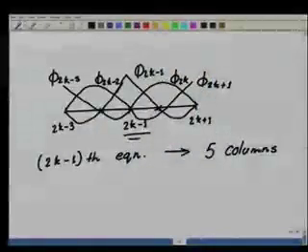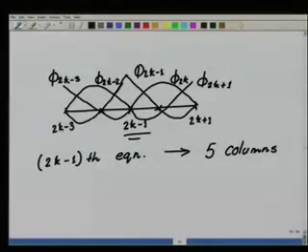For all other phi's, the column entries are going to be 0 because all other phi's are going to disappear or become 0 in the region where the phi 2k minus 1 is defined to be non-zero. So if I write the global stiffness matrix, the number of non-zero entries has increased in a row. This is another property of these approximations that we are going to see, and how they reflect in the sparsity of the global stiffness matrix. Even for the sparsity, we have to talk about solvers. So this we will tackle at a later date.